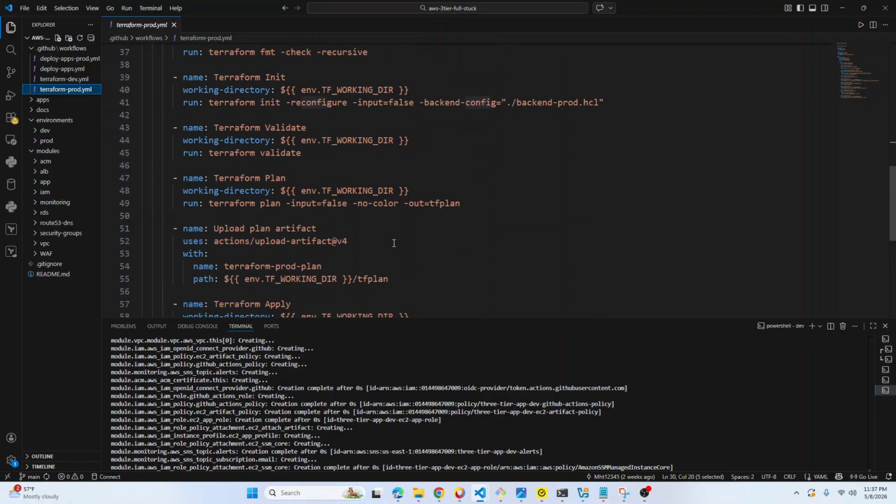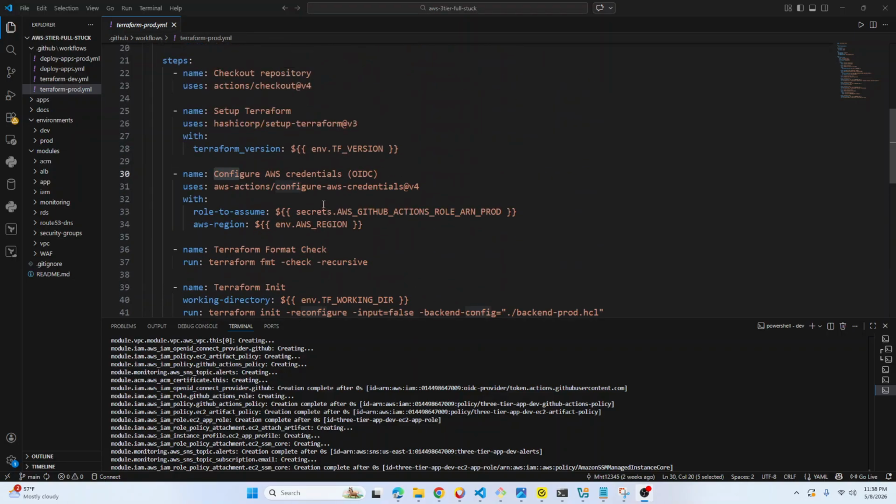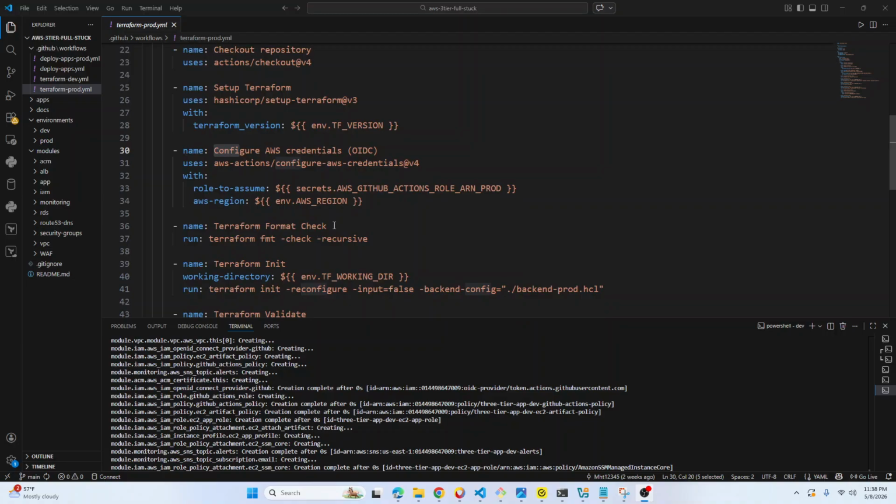So on top of that, for authentication, I use AWS OpenID Connect. GitHub Action can authenticate securely to AWS using this credential. So this basically removes the need for long-term AWS access keys inside GitHub, and follows a